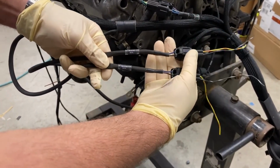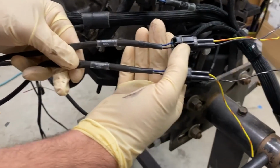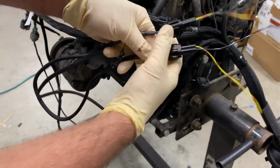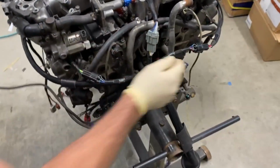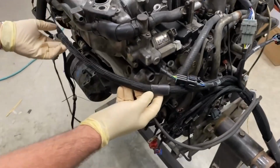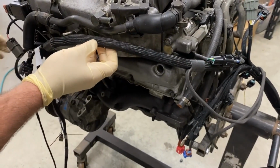So this harness is configured for the twin turbo option. We have the right and left bank boost control solenoid connections here. They'll split, go to either of the sides. Very simple. And then as we follow the wiring harness to the front, we're going to use and retain the